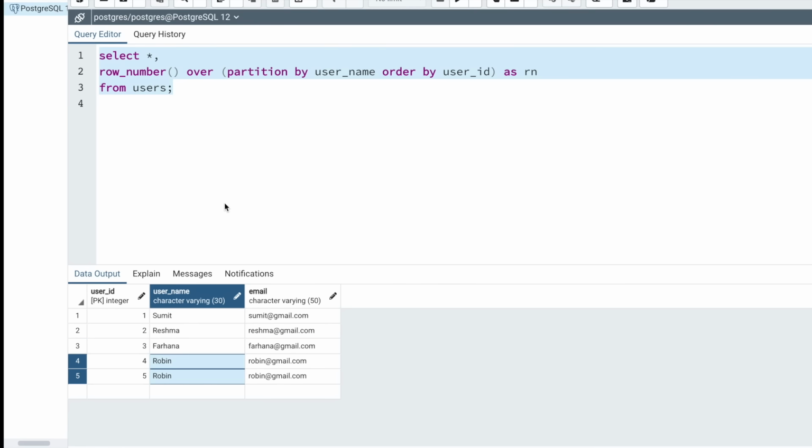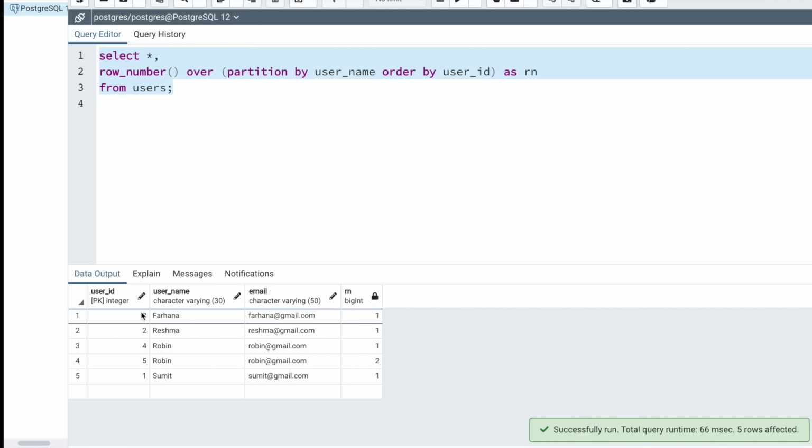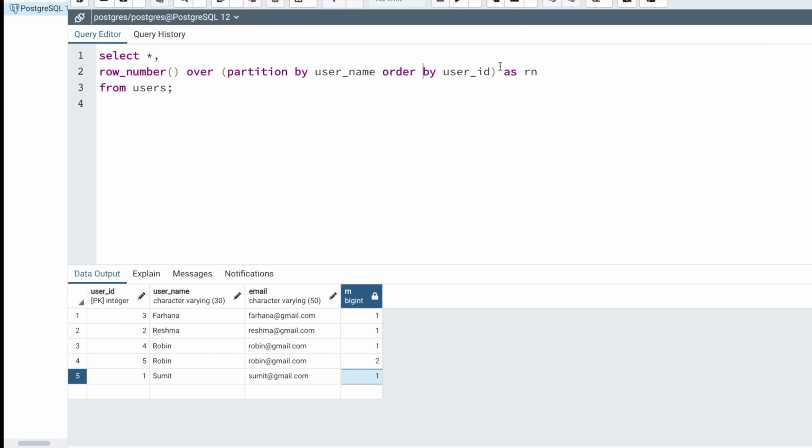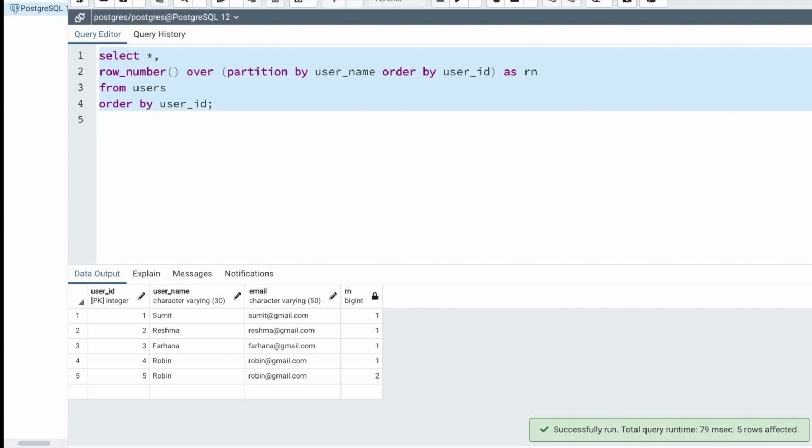Okay. Now if I execute this query, you can see that I have the data and I'm getting all the row numbers, but this data is not ordered properly. The order by that I entered here is the order by for each partition that I have created, but it's not the order by for the whole query. So in order to apply order by for the whole query, I'm just going to use an order by here. This is not mandatory, just so that the data looks cleaner for you to analyze. So I'm just going to say order by user ID. Now if I execute this, you can see that the data is ordered, and all the user IDs are in the proper order.